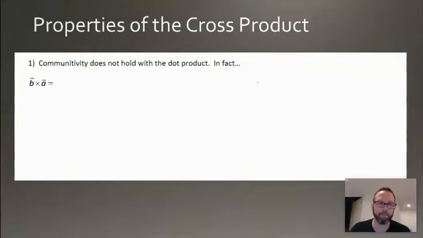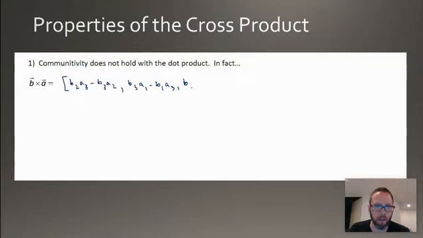Let's use the formula. We're just going to be switching the values of A and B around. So this time, instead of A2B3 minus A3B2, I'm going to switch the values around. So it's B2A3 minus B3A2. And literally what we've done is we've taken the formula that we did earlier, and every B and A, we just swapped places. And then we'll have B3A1 minus B1A3 and B1A2